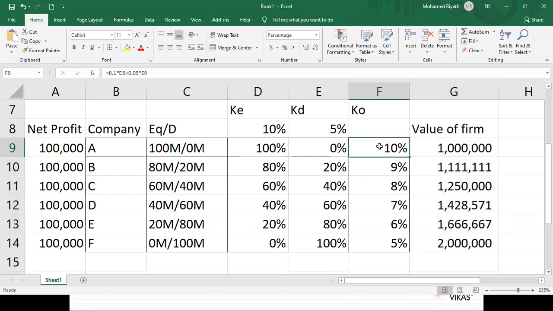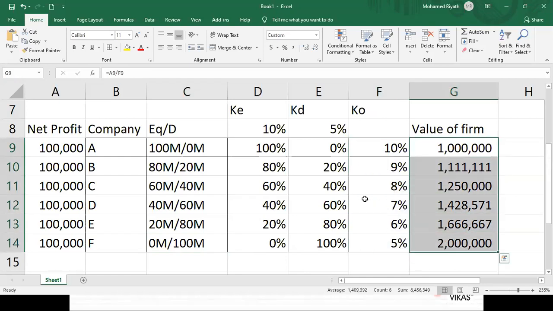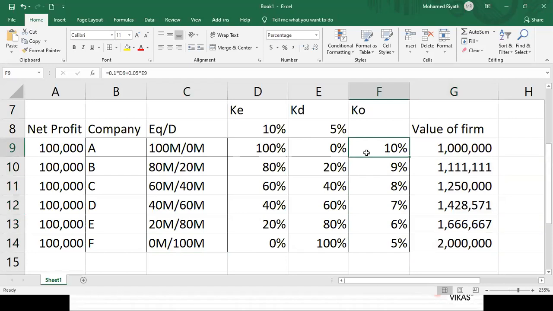Debt. When they include debt capital into their capital structure, they can reduce overall cost of capital. When overall cost of capital reduces, value of the firm increases. So the firm needs to try to reduce the cost of debt. Overall cost of capital, KO, needs to increase or decrease?